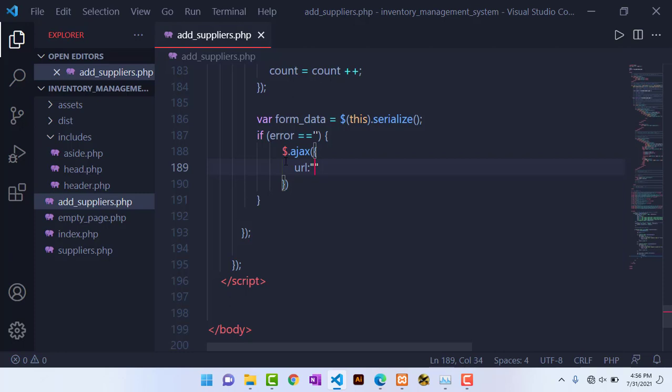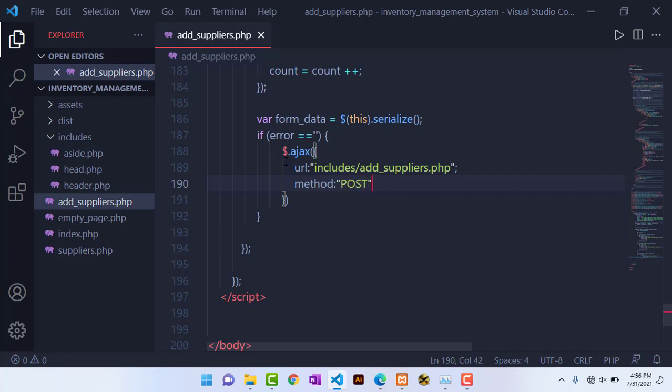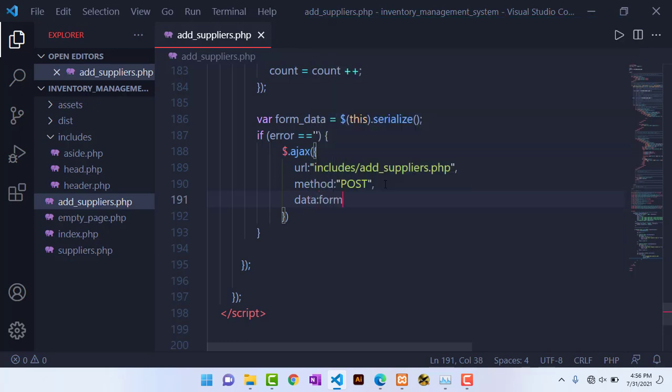So we are going to have this page located in the folder includes. We have not created this, we'll be creating it in a moment. So we'll be calling it suppliers.php. So we close that there, and the method will be post. So we are separating these with commas, and down here we are saying that the data is form data,